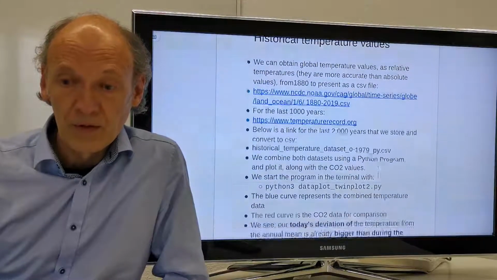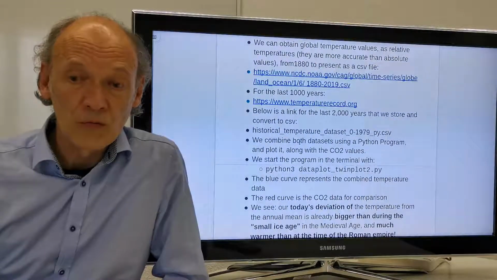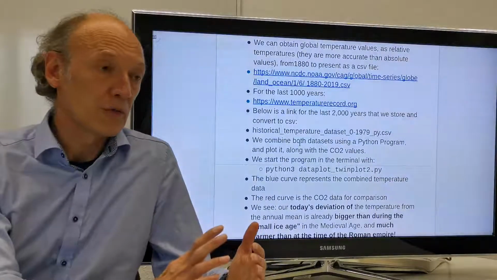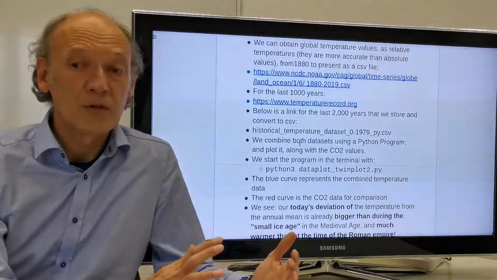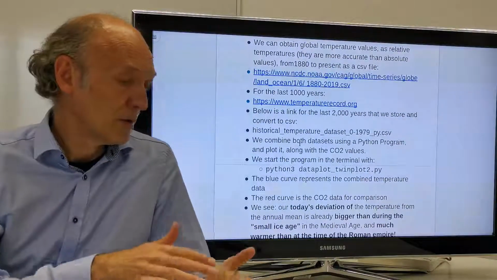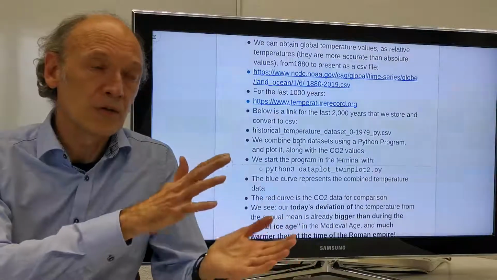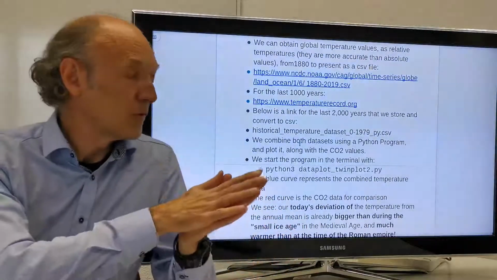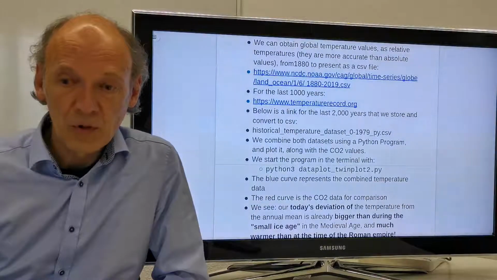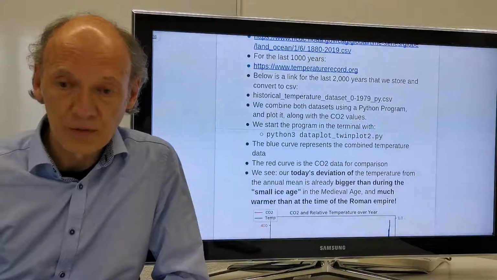So then I used a Python program to combine those two data sets, the longer history and then the shorter history. And this is also practical to check the precision of the numbers. If you would see the newer data and the historic data don't fit, then we know there's a bad accuracy. But if there's a good fit, we know there's a high accuracy. So then we plot those two data sets in this program which I wrote, dataplot